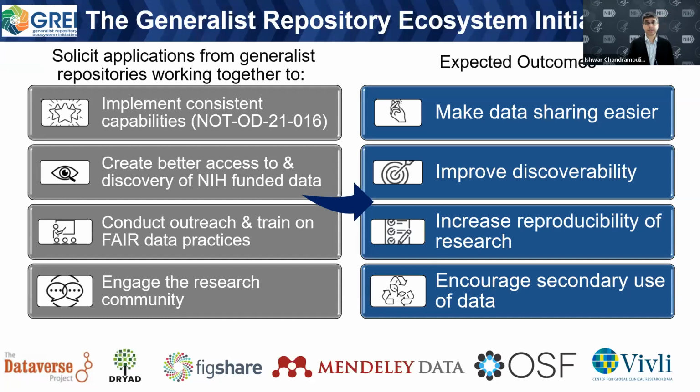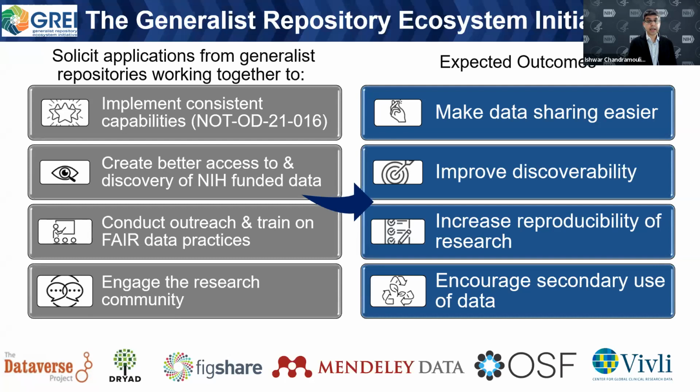So we solicited applications from these repositories to basically look at and improve themselves further than what they are by implementing consistent capabilities, whether they be associated with generalist repositories or just capabilities that they have developed themselves, but common things that are kind of below the value line to work on them together so that they don't each have to reinvent the wheel. To create better access and discovery of NIH funded data within and between them, as well as conduct outreach and train people not only on how to use these databases to find NIH funded data, but also on simply FAIR data practices in general, so that everybody can think about this at the onset during their planning stages and data collection stages, as Bob alluded to, so that they can adopt some of the principles of the research data framework as they're planning their